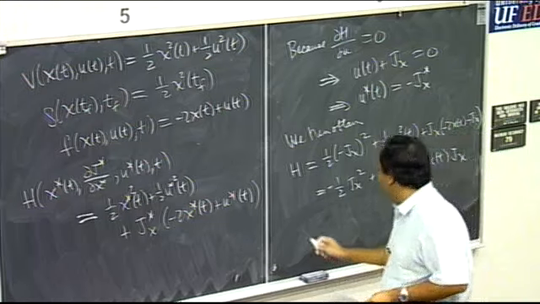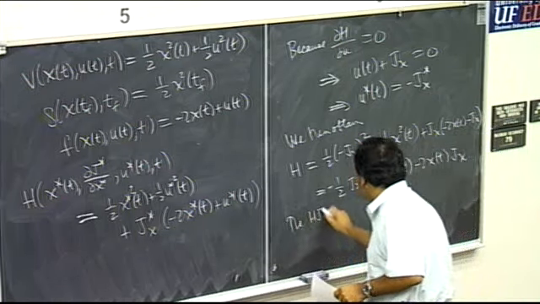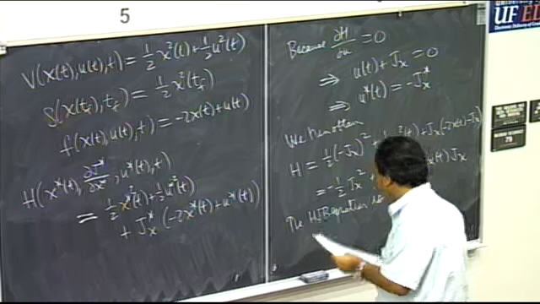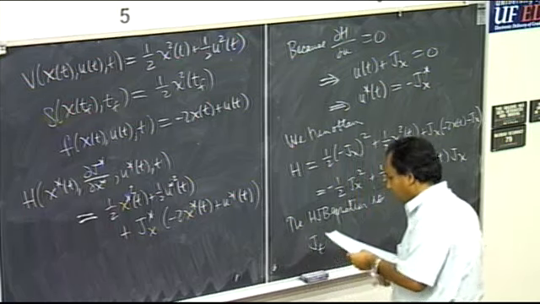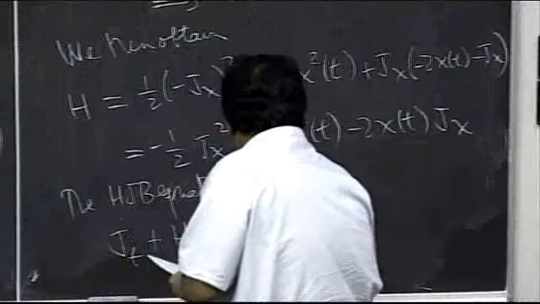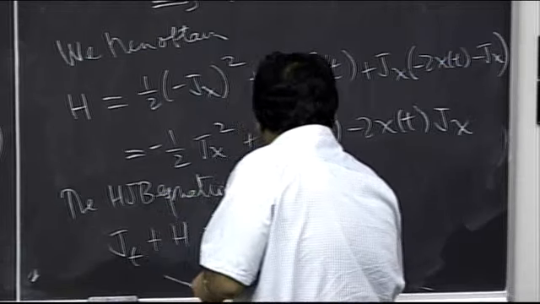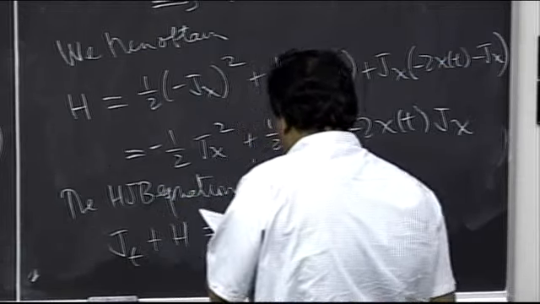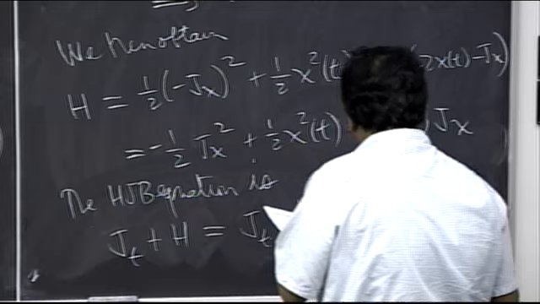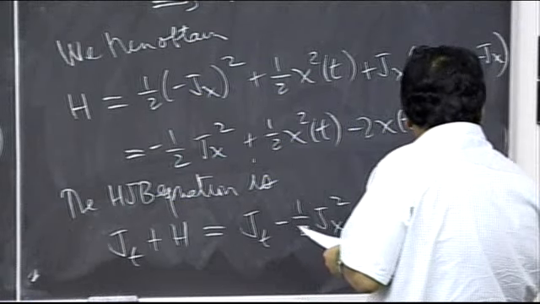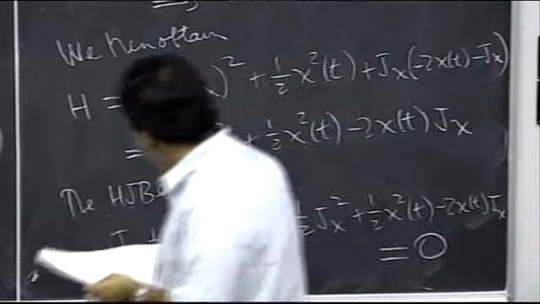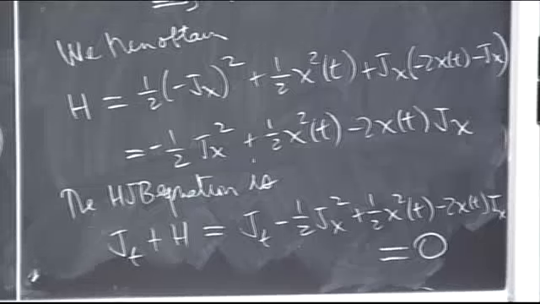So the Hamilton-Jacobi-Bellman equation is jt plus H, which is equal to jt minus 1/2 jx squared plus 1/2 x squared of t minus 2 x of t jx is equal to 0. And the boundary condition, which is the cost at the end,